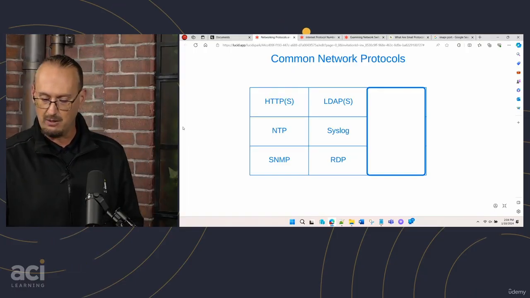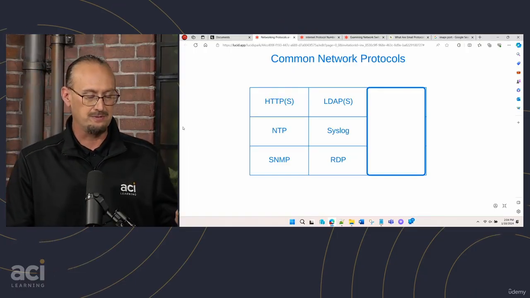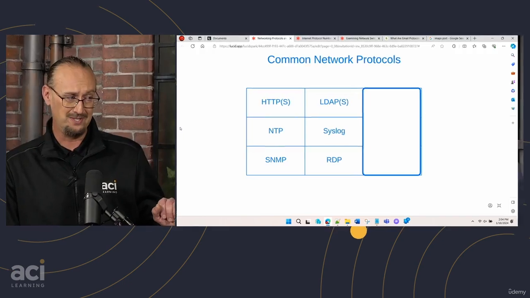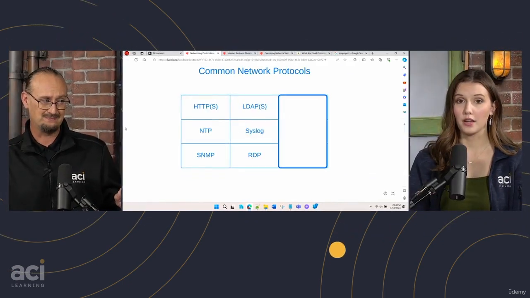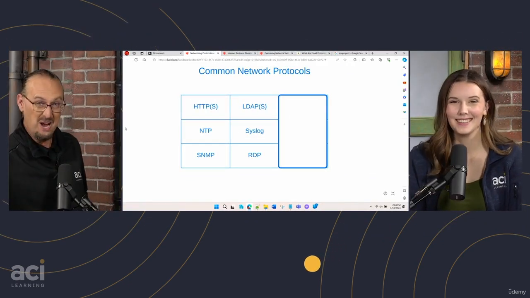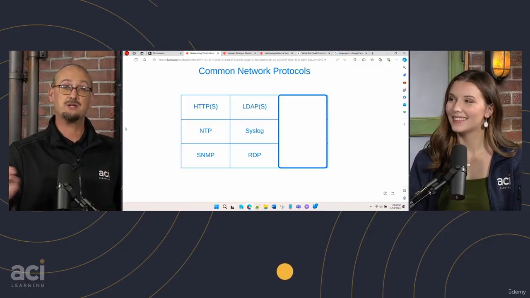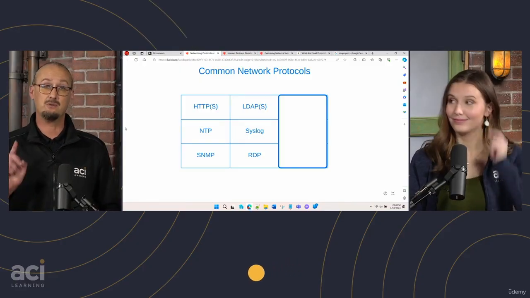And syslog, honestly, I'm going to ask you for this one. I don't know this one. Do you know this one? It is 514, but I only know that because I Googled it. Oh, right. Okay. Well, we do have it in the notes, and that lets me know she knows where to find that information when she's studying. I would take that advice.